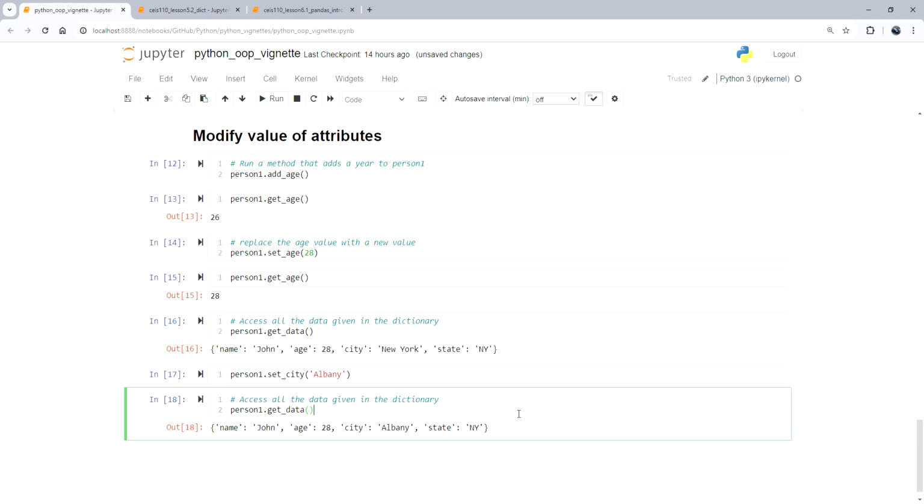In the next video, I'm going to show you how you can create a child class. I'm going to call it student. I misspoke, not a method: a class called student is going to be a child class of the parent class person. And I'm going to show you the inheritance properties of object-oriented programming in Python,